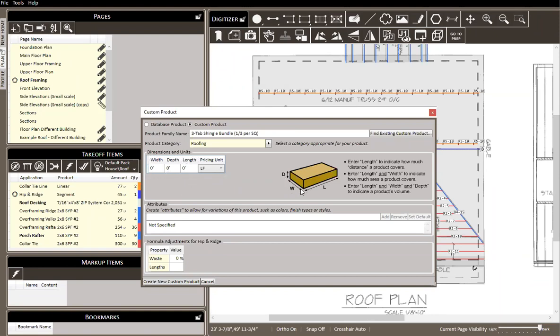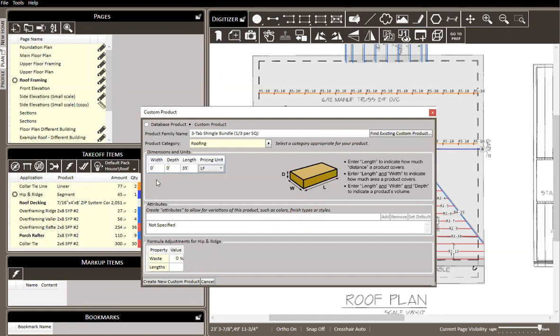So here we can see that width and length, this is how we're going to get to our area calculation, to know how much does this cover, what's the width times the length. So for us, the two values here are width and length that are going to be important. But in this case also, if I'm going to eventually expect to use this as length, then I need to make sure that I enter this in a way that if it's used as length, it gets an appropriate length. So I can start with the length and I can say, okay, this should be 35 feet. That's what it should be for the length, because if it ever gets used in a length quality, it should be